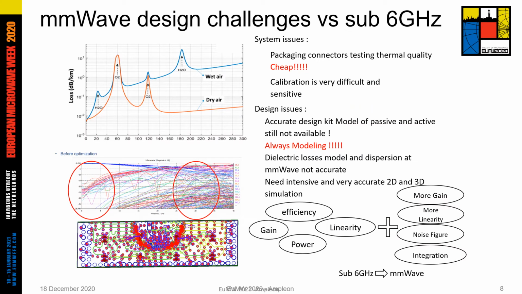On the other hand, as it's visible here, the loss over air in millimeter wave is far higher than sub-6 gigahertz. This brings another challenge for the design, that your design needs to have a good EIRP. For this reason, beamforming scenarios are planned to be used for millimeter wave, and it makes sense to use that. However, there are a lot of other challenges in the design of millimeter wave, which I listed here,